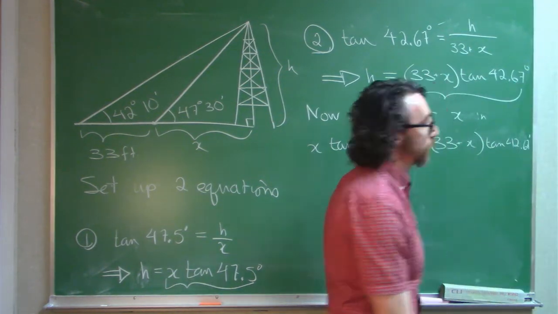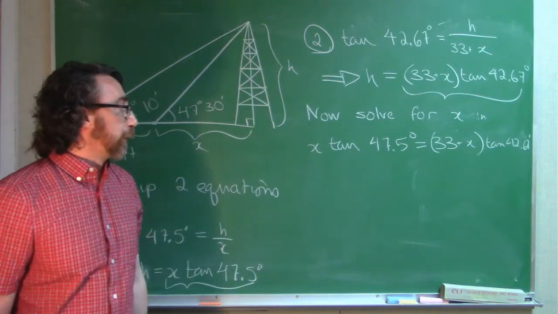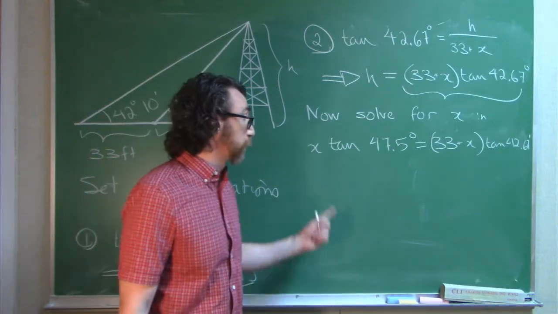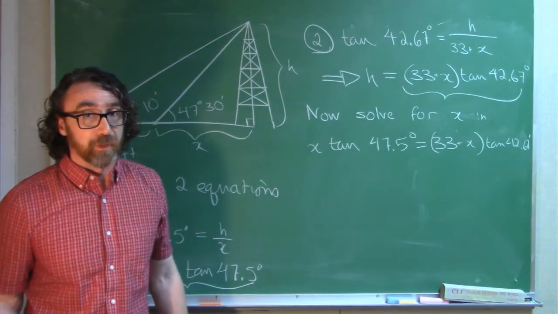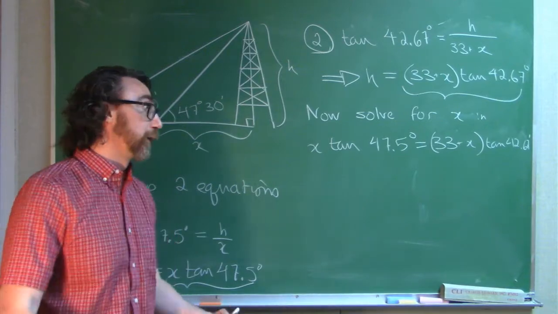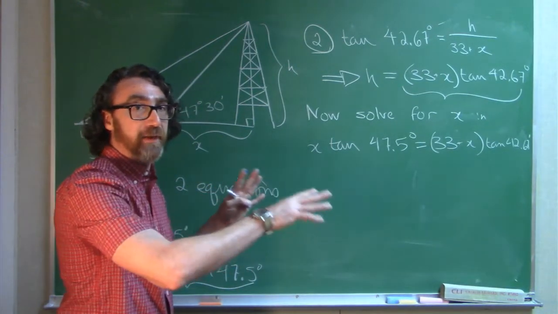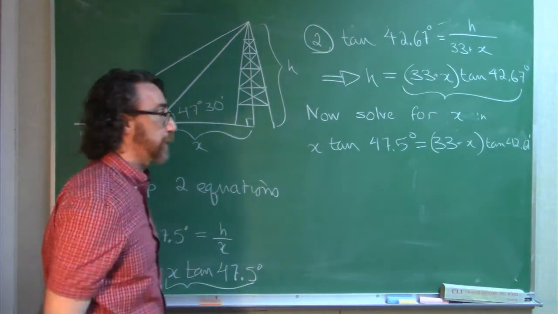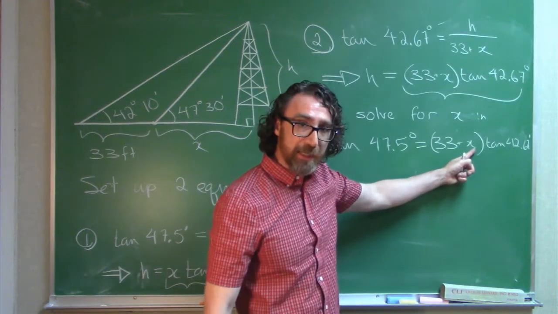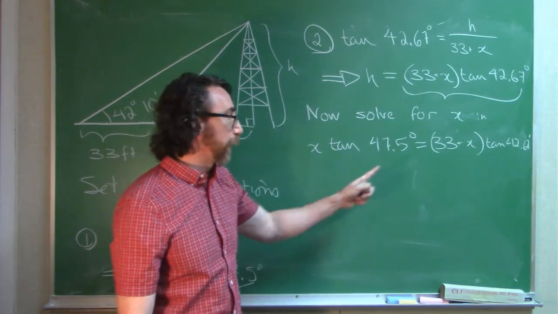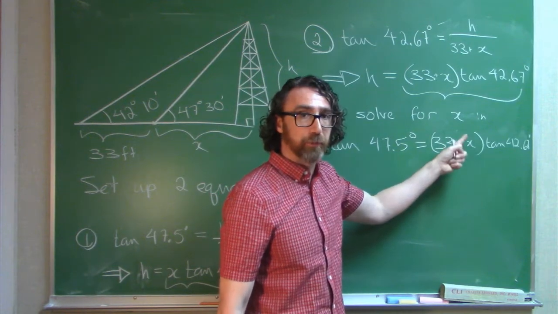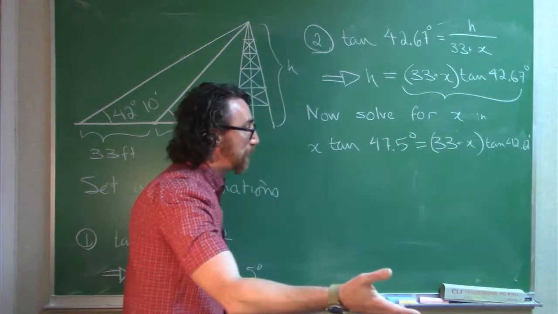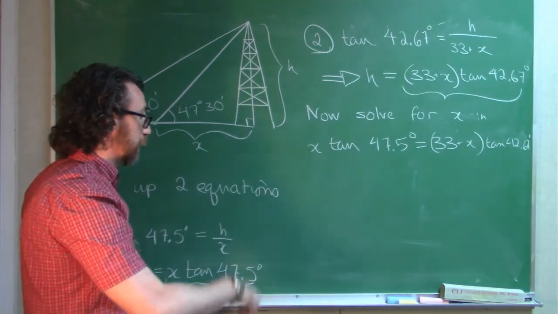Now you're going to need to think about your algebra. This is a linear equation in the variable x. Notice it just has x to the first. How do you solve a linear equation? Well, you get every term that has that variable on one side, and every term that doesn't have that variable on the other side. So I want to move this x over here to the left. I can't quite move this x right now because of the parentheses. The 33 and the x are stuck together by those parentheses. So how can I get rid of the parentheses? Well, I should distribute